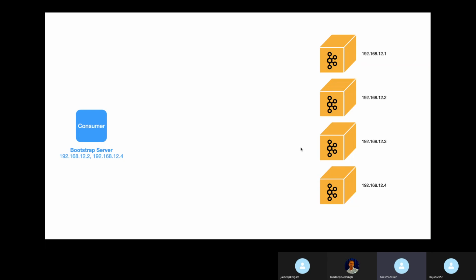Let's say there are 3 consumers in a given group. The leader's request will tell, okay, for member number 1, I have evaluated that partition 0 and partition number 3 should be assigned. For member number 2, partitions number 3 and 4 should be assigned, for example, and so on and so forth.